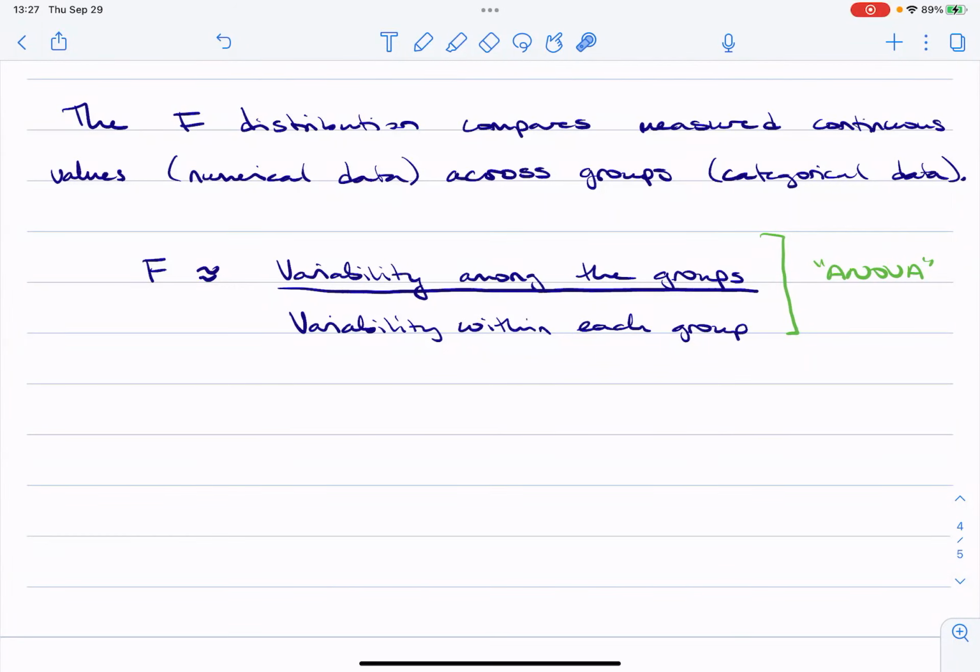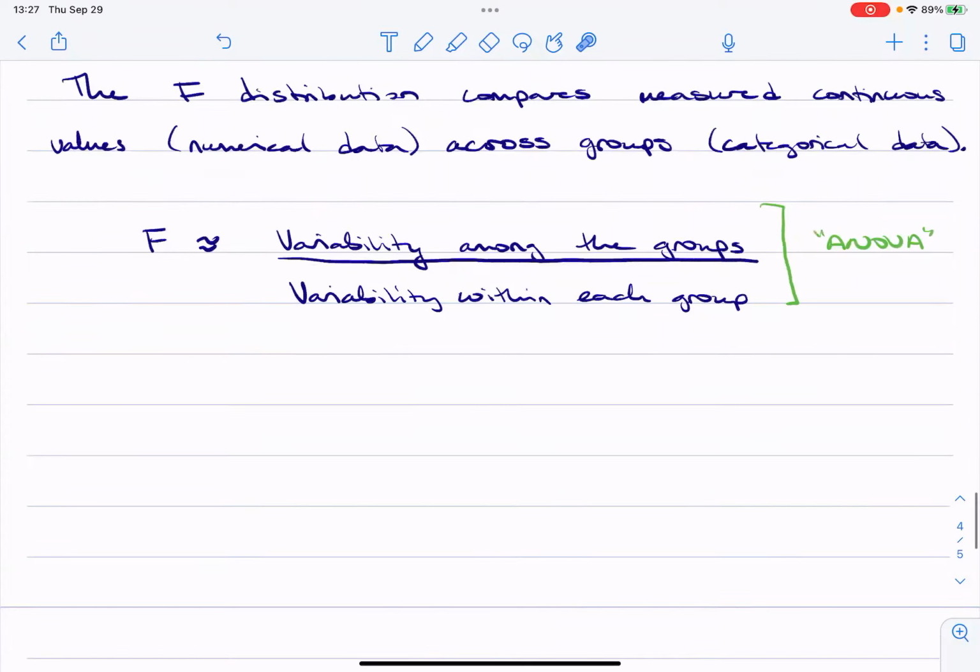So that's kind of the root of analysis of variance as we look, okay, overall, what am I seeing? I'm seeing something from here to here, kind of looking across the groups, but then within each group, am I seeing that same stretch? Because then they're basically the same, right? Or am I seeing something different?